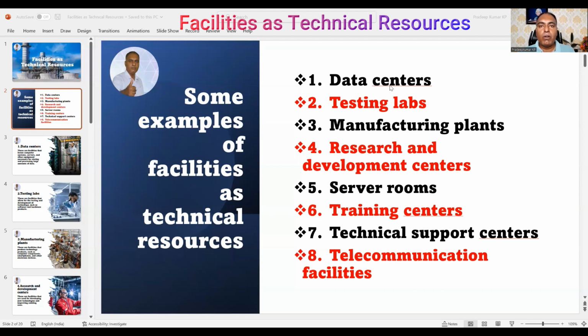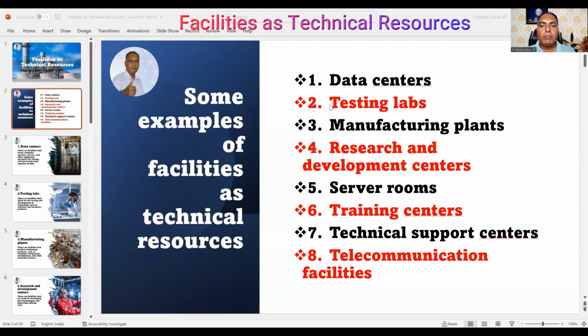So a small active unit where some particular application is done, we can treat as a technical resource. These are some examples of facilities as technical resources.